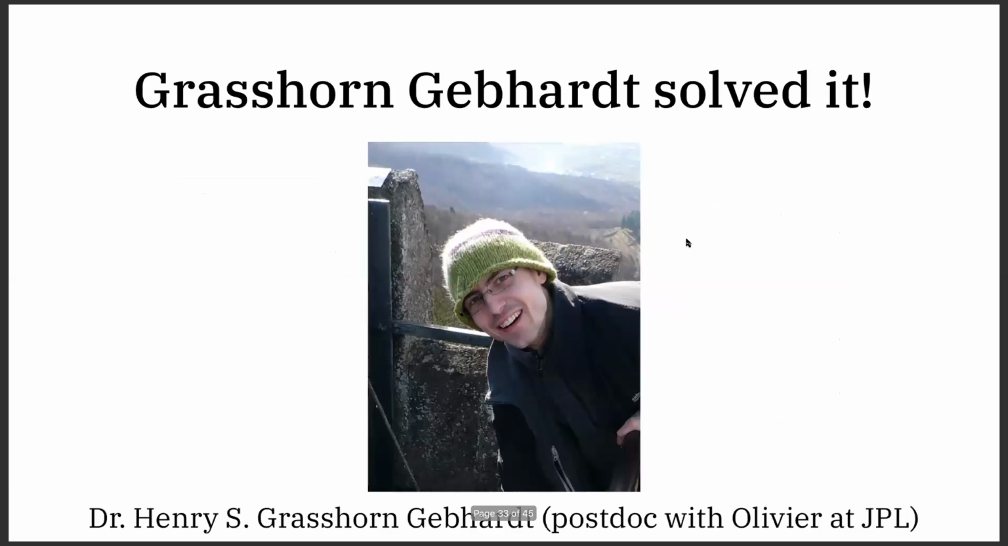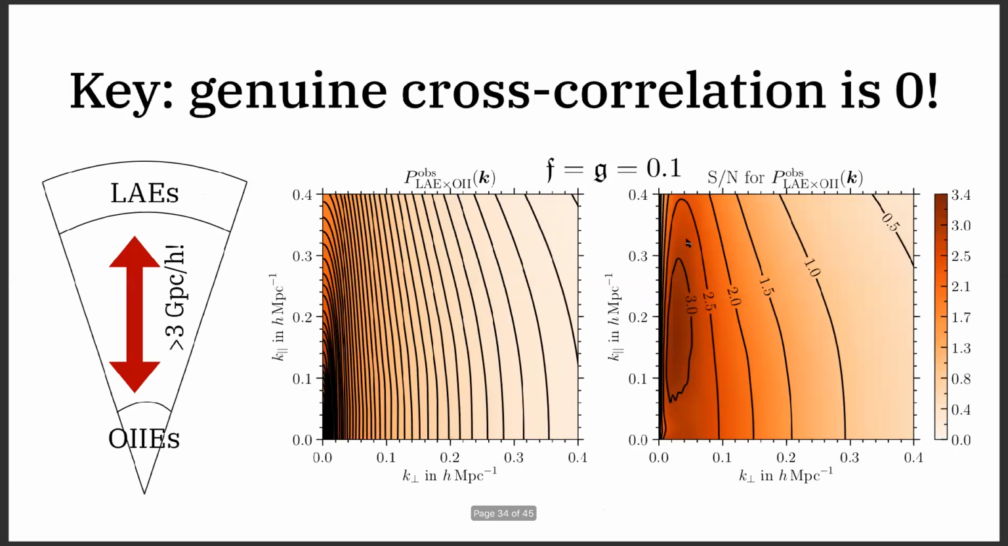And my former student, Henry Grasshorn Gebhardt, he solved the problem. The key idea is that Lyman alpha emitters and oxygen emitters are very, very far away. Okay, they're separated very far away, more than 3 gigaparsec h inverse separation. Therefore, if you take the oxygen emitter sample and Lyman alpha emitter sample and cross-correlate them,